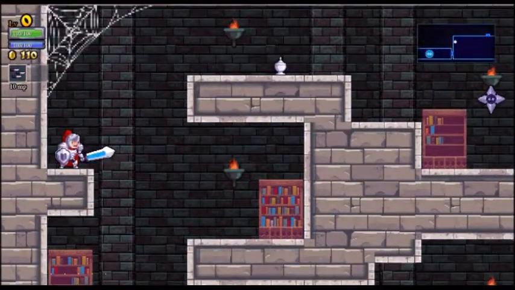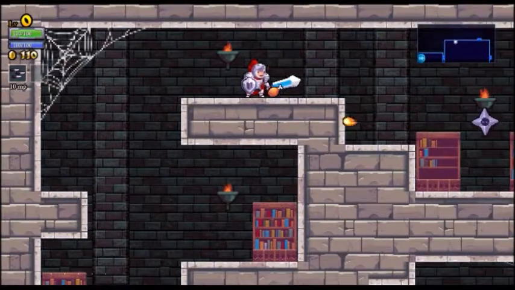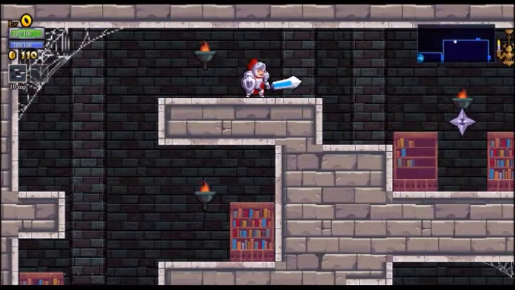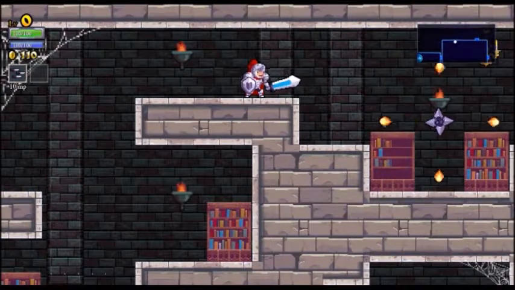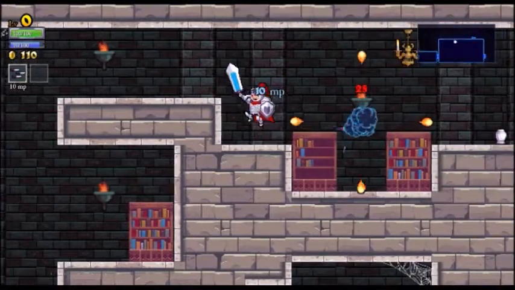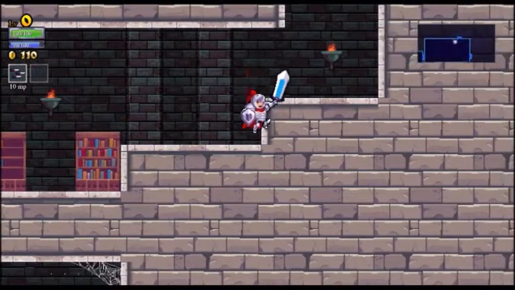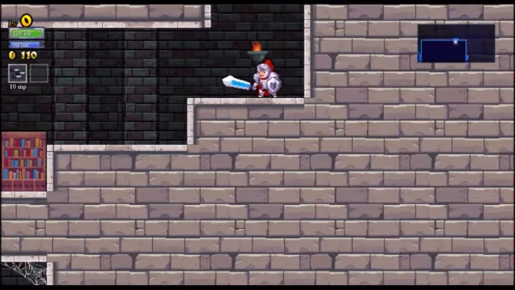Oh, I suppose I should explain. Top left, you can see our level. We are level 0 because we have no current upgrades. We have 100 base health, 100 base mana, 110 gold that we've collected throughout what we've been doing so far, and we have a little spell underneath that. It's daggers this time. It uses 10 mana, as you could see, and basically the point is you destroy objects and enemies